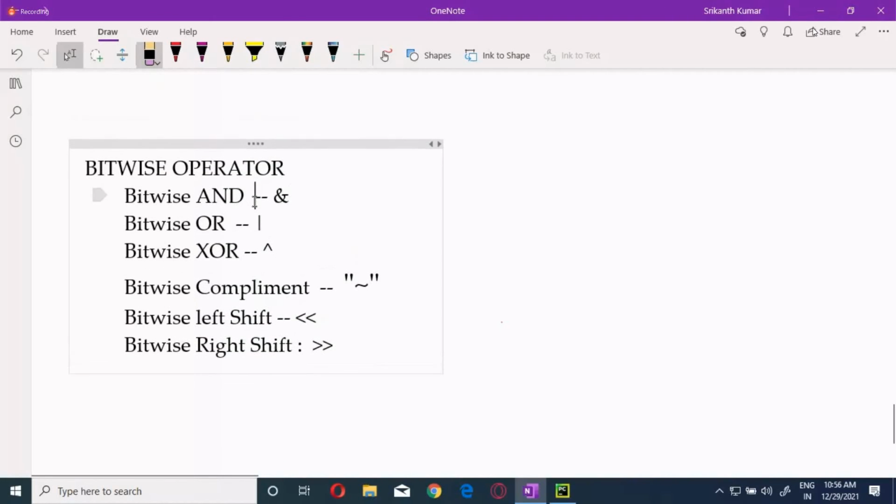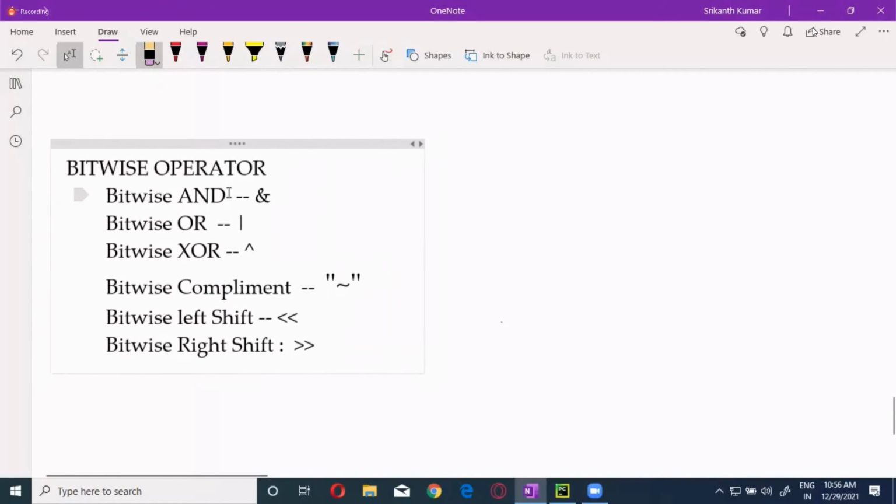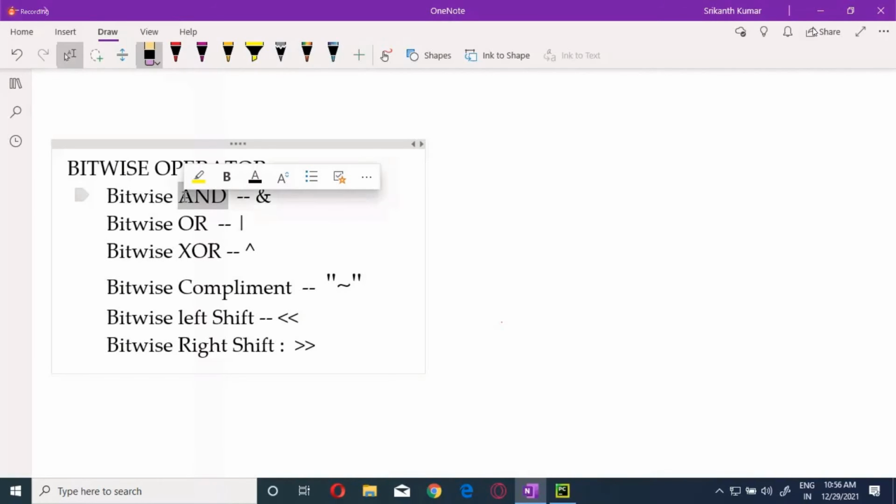Now how this will work: the basic logic behind this is logical and. We have seen logical and, right? It takes the output of the conditional statements and implements and or on that. If all are true, then only you will get true. Otherwise, you will get false.